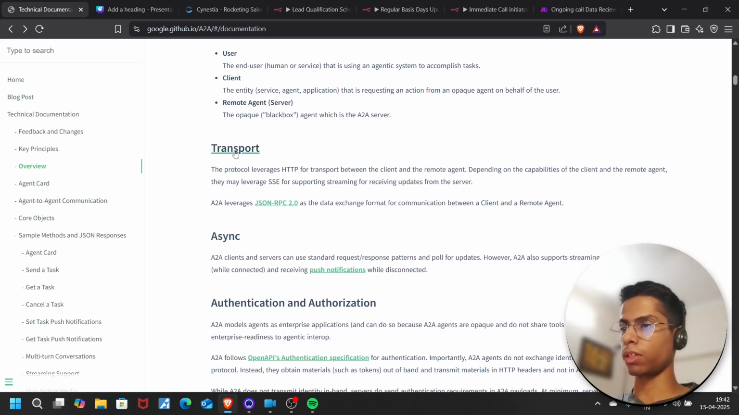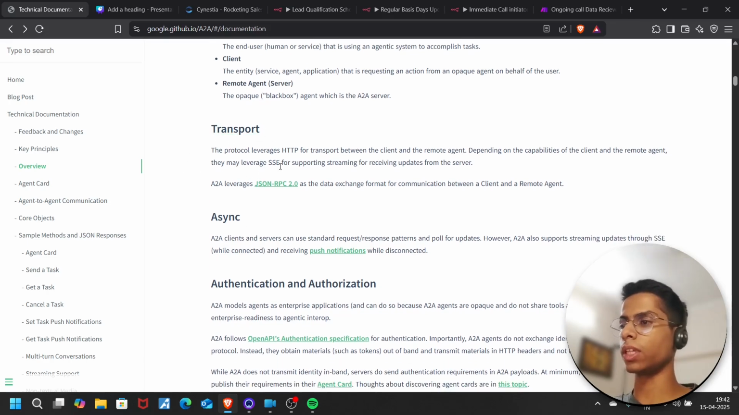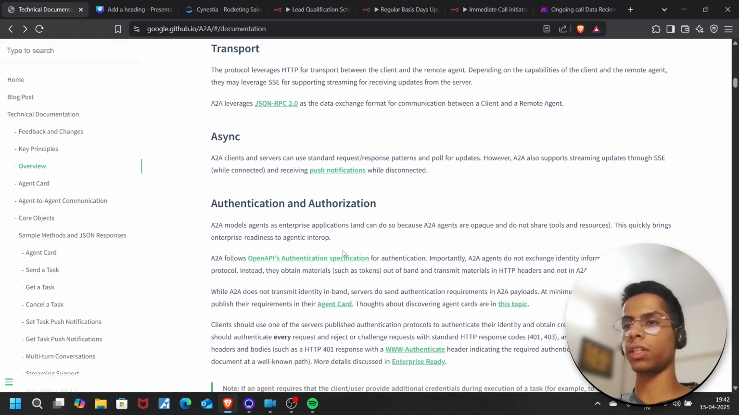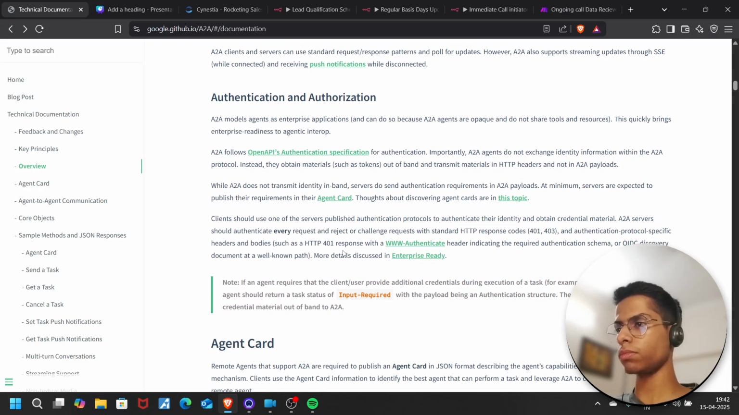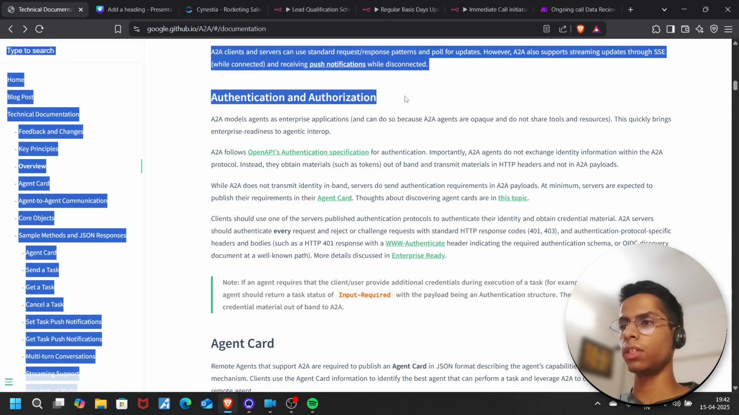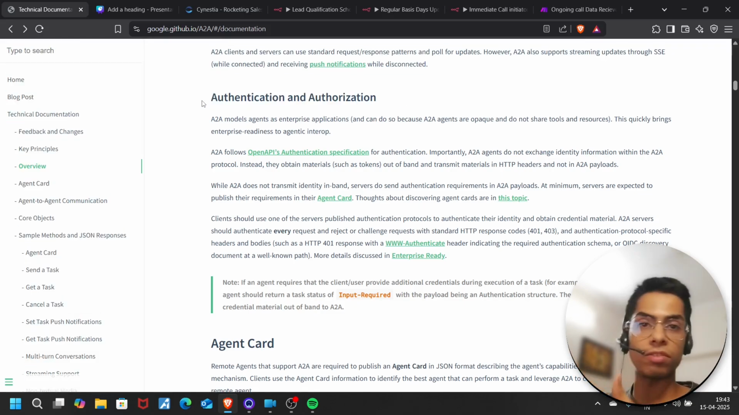Now I'm not going to talk about the transport and the async part. We can talk about it later, like how the data is being exchanged and what kind of protocols they're using. It's all about that. And the async part, asynchronous, understandable. And authentication, authorization, of course we have this part. It's important to build this part, of course, because if you think about it,